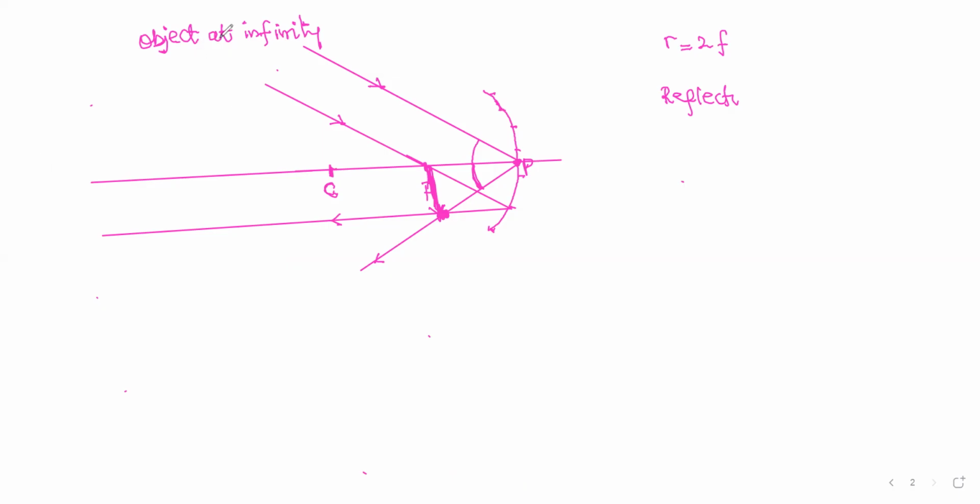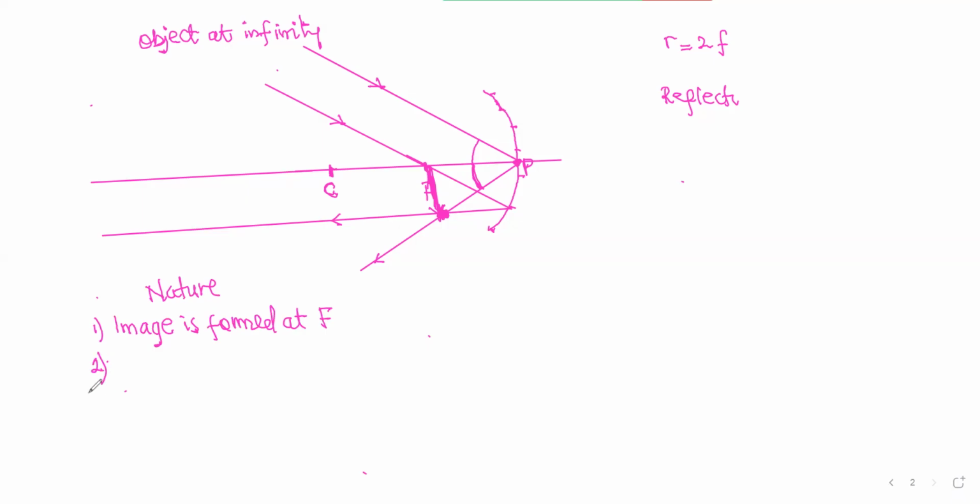So this is the indication that the object is at infinity. Why? Because the rays are coming in that parallel manner. Now let's describe the nature of the image formed. One, image is formed at F. Two,